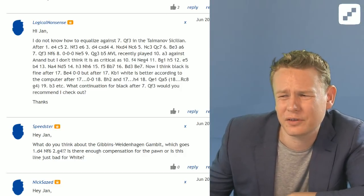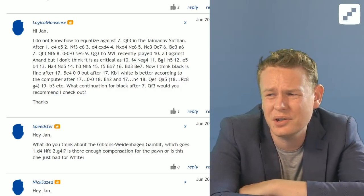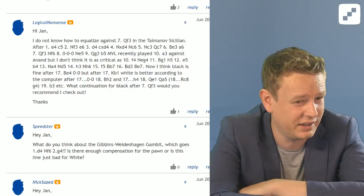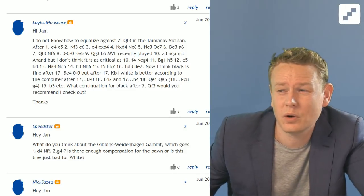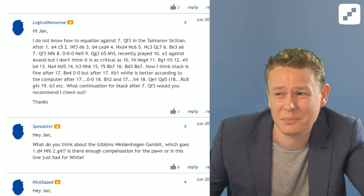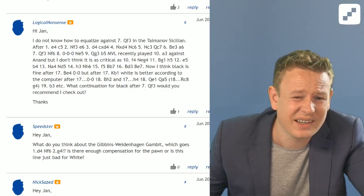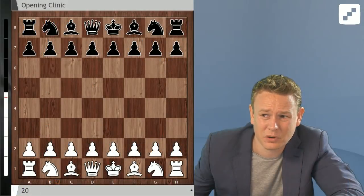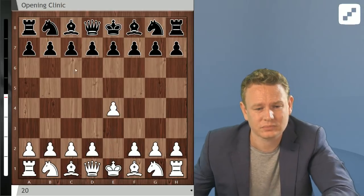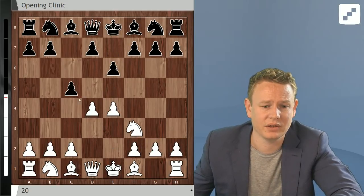Now, first of all, we should put it on the board, but if all of this sounds like gibberish to you, I understand. So I should explain what LogicalNonsense has done here, casually phrased as a question, what do I do against 7 queen f3. He's refuted the very main line that black is playing against 7 queen f3, and I did not know about this, and I do think that most of the world's best players probably did not have this, because as he's mentioned, there are many games in this line where they play 10 a3 or they play other moves against